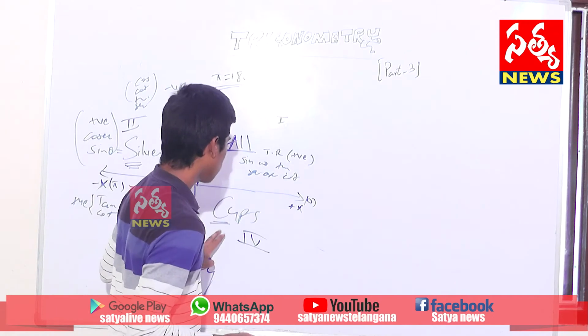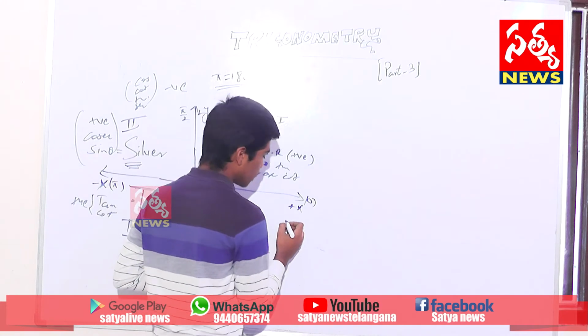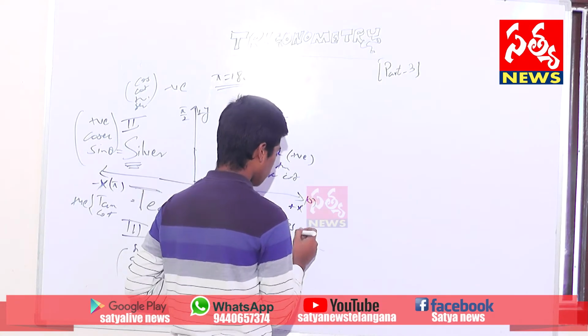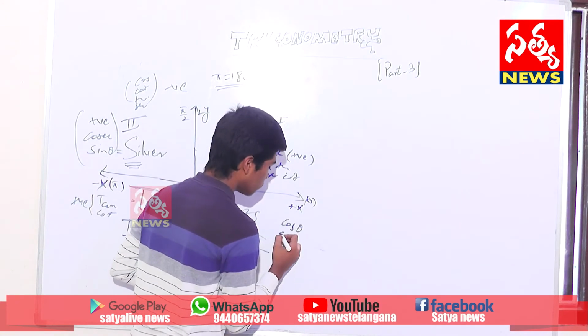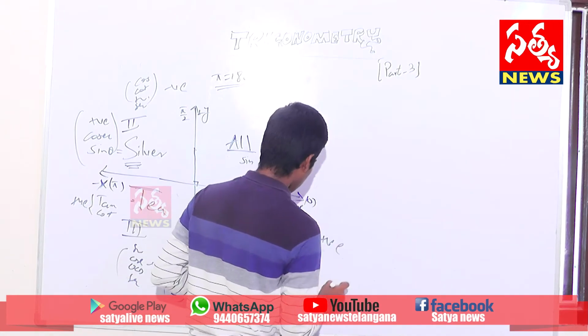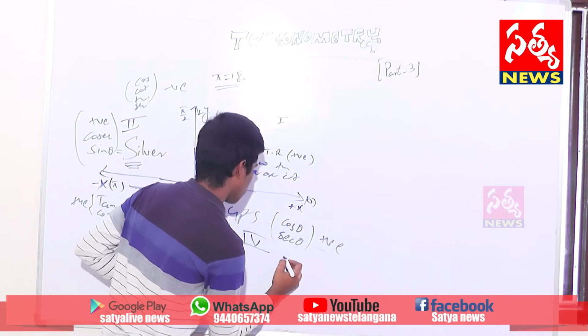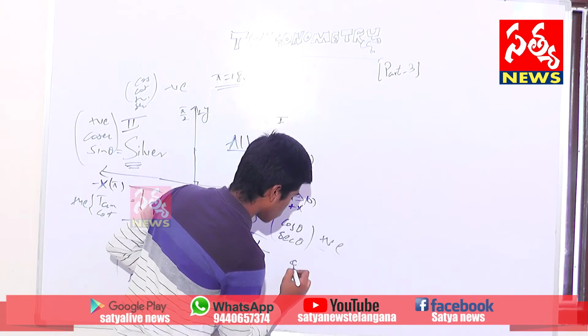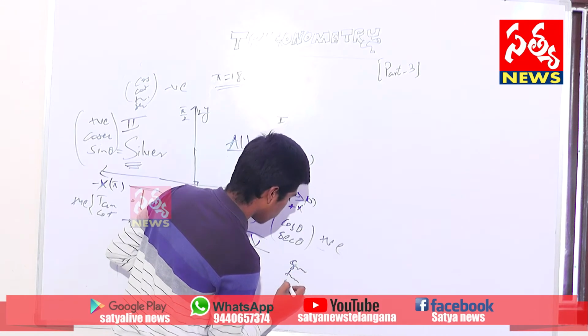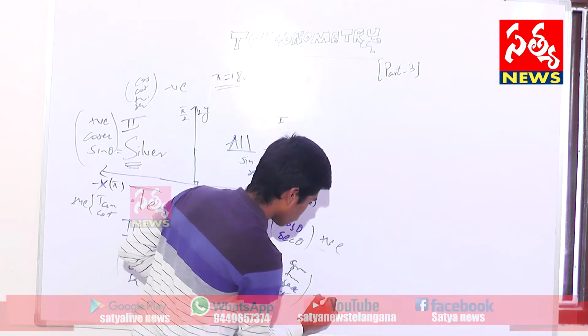And the last one is Cups. Cups starts with C, so let us remember it as cos. Cos and its inverse, secant, are positive in the fourth quadrant. The rest, sine, tan, secant, cosecant and cot, are negative in the fourth quadrant.